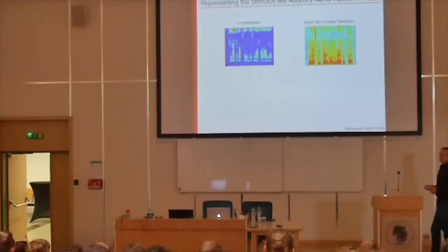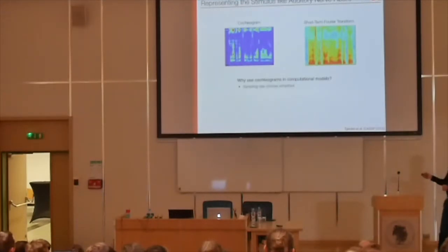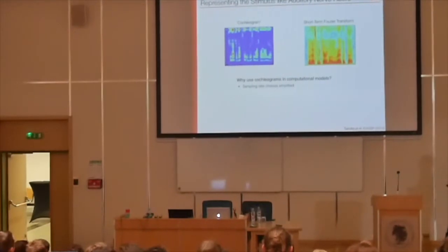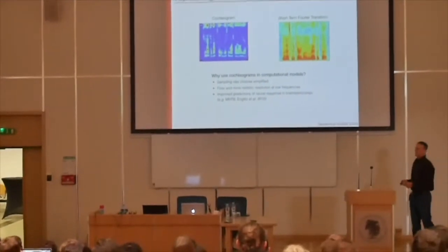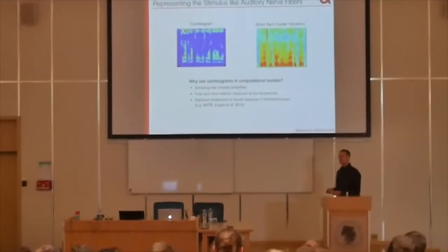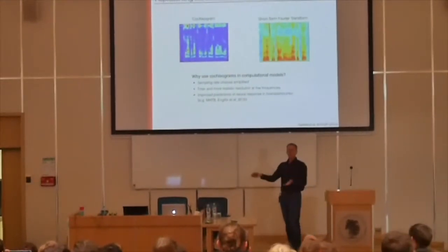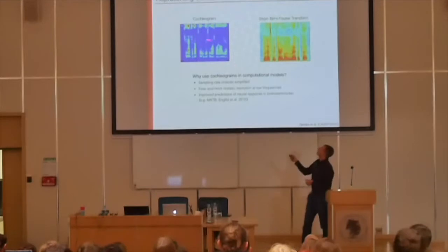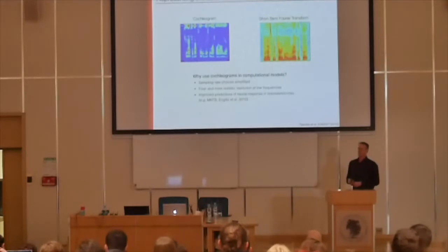And it also allows you to be free of the choice of sampling rates. So sampling rate, essentially, in this case, you have to pre-choose. In the cochleogram, you pretty much stay in the same sampling rate that you started with, and you end up with a continuous signal of the same sampling rate. Now, what this allows you to do is, for example, to have improved predictions if you want to then model neurons that are further away. So the MMTB is a nucleus that's a little bit further down the processing chain. And if you want to model the responses of this nucleus, you're much better off using this as a kind of pre-processing step than using here the short-term Fourier transform.